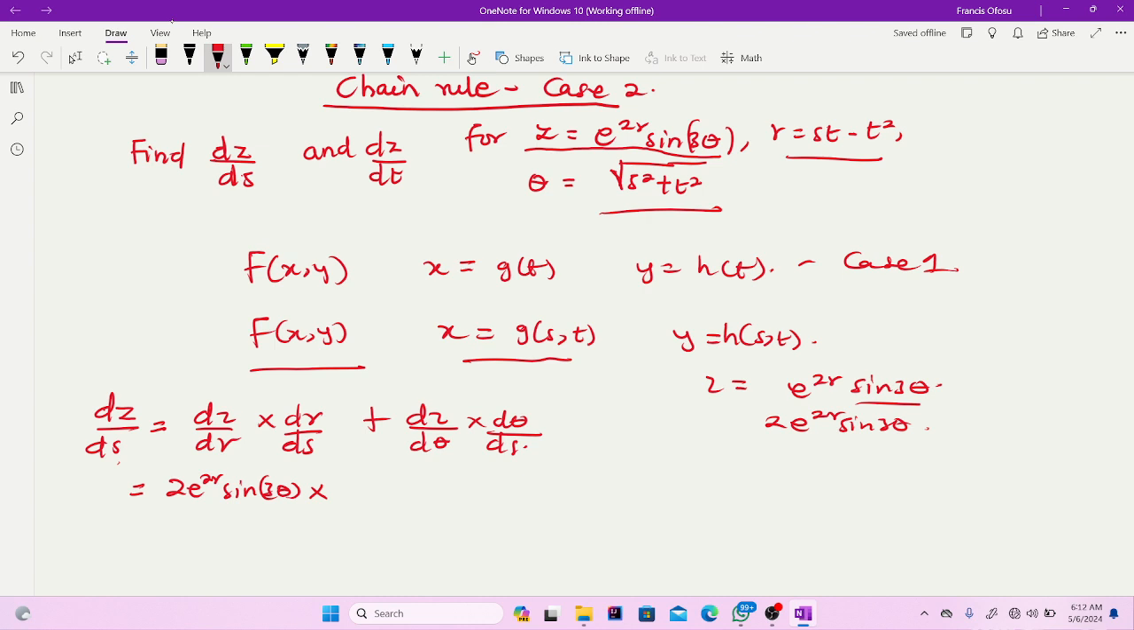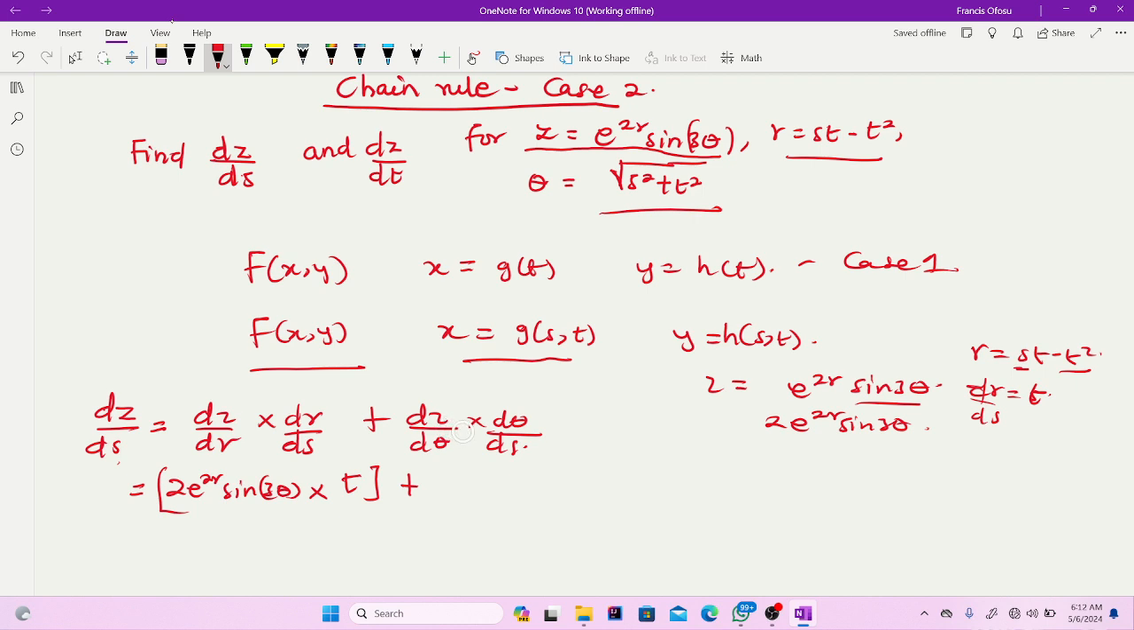So when I come to the partial r on s, my r is equal to st minus t squared. If I want to differentiate with respect to s, any t here becomes a constant. This will be 0. I'll simply have it to be what? The partial r on s is equal to t, because the derivative of s here will be 1. So I'll get a t here. So I'll multiply this by t, plus,